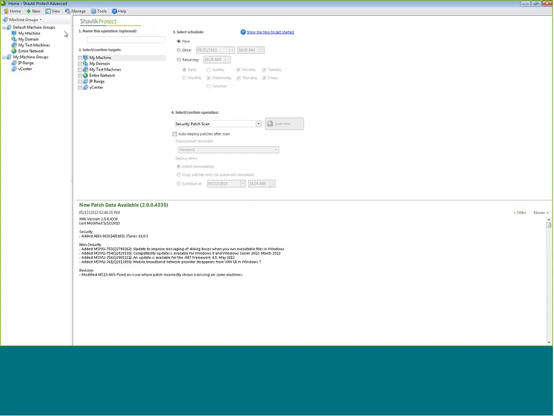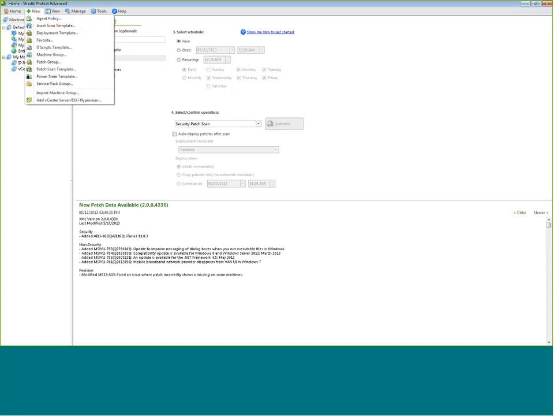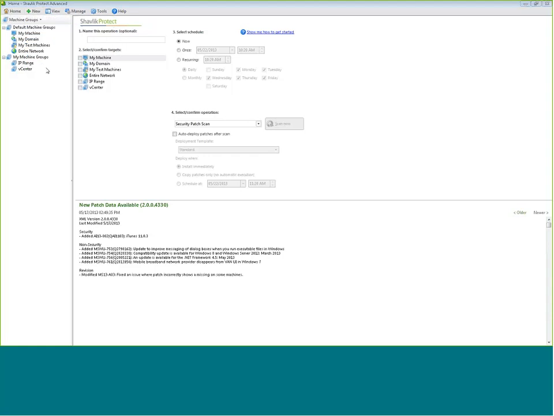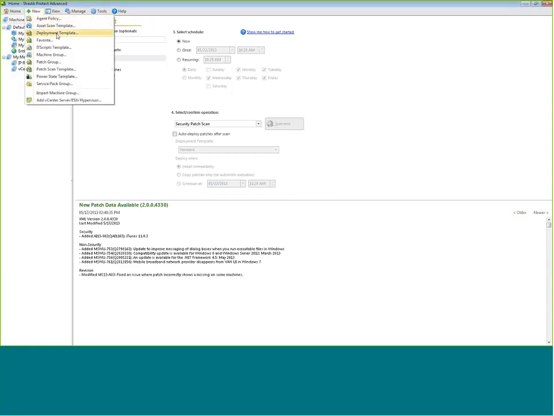The home button will obviously bring you back to the operations page. The new drop-down will have the ability to create a new object of any type within the product. So you don't have to switch to the machine group area to create a new machine group anymore. You can just click New Machine Group, and that will allow you to create a new machine group. Same thing with policies, templates, patch groups, anything that you could create before you can do quickly and easily from